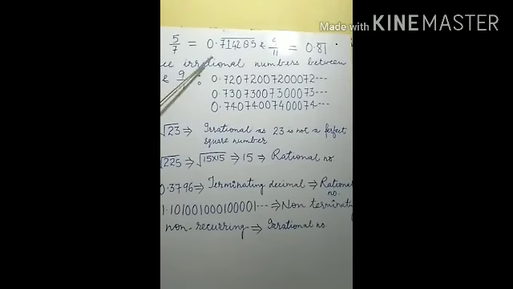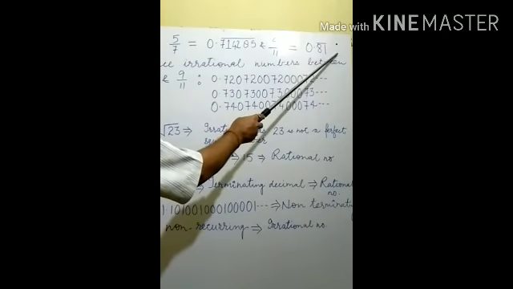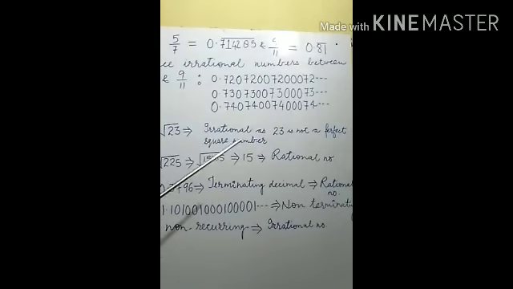Now we have to find three irrational numbers between these two rational numbers. So the number should be greater than 0.714285 but less than 0.818181 ... So which type of decimal is an irrational number? Just in the previous question we discussed that any decimal in the form of non-terminating, non-recurring is an irrational number.